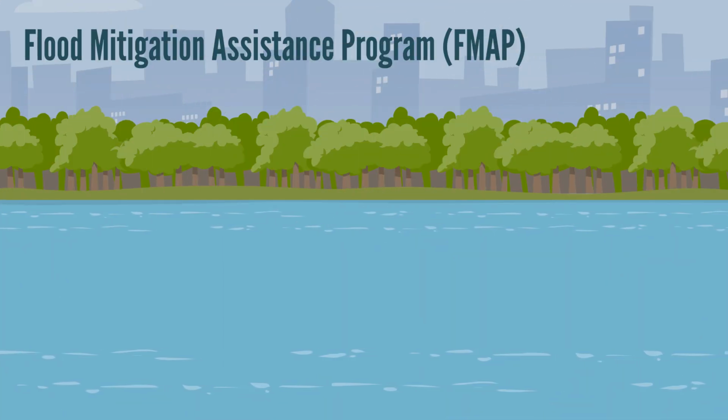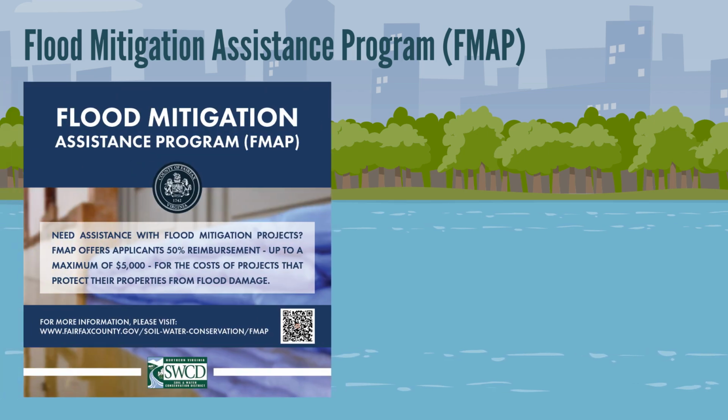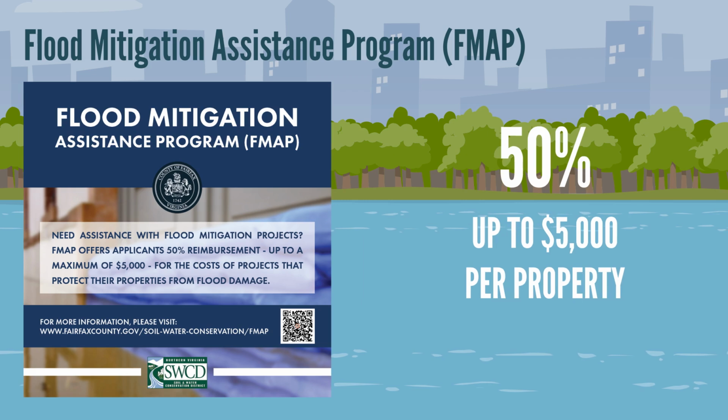You should also take steps to protect the life you've built. The new Flood Mitigation Assistance Program is a cost-sharing, reimbursable grant to support residential installation of resiliency projects in and around residents' homes. Fairfax County's Flood Mitigation Assistance Program, FMAP, provides funding to homeowners to help safeguard their properties from flood damage. The program, which reimburses 50% of eligible flood-proofing project costs, up to $5,000 per property, supports residents in